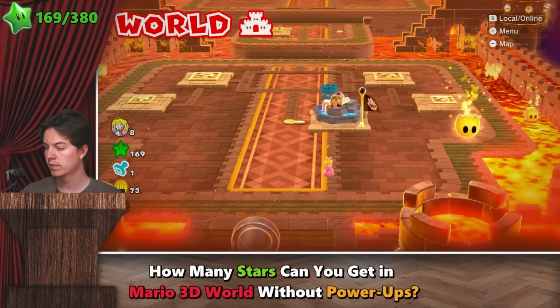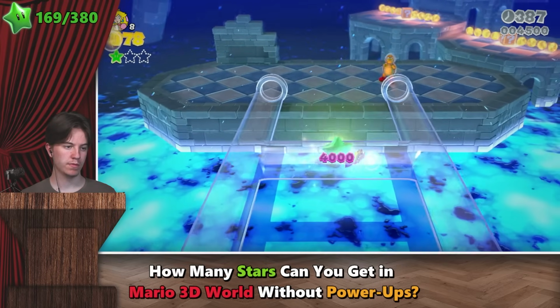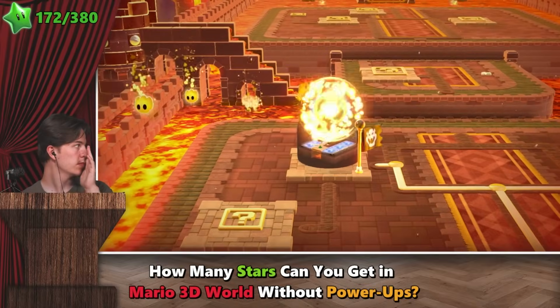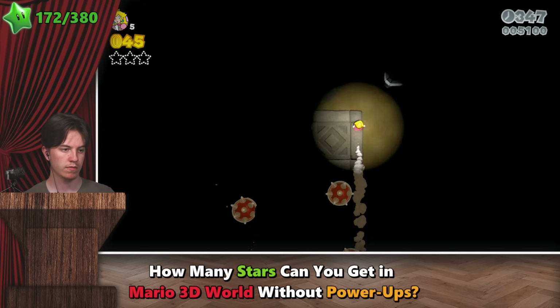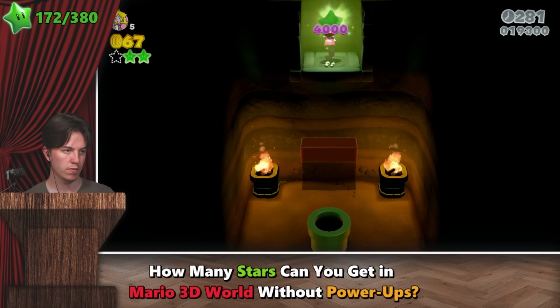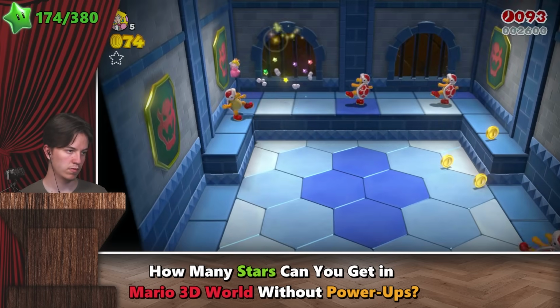World Castle is when the challenge really begins. We get all 3 stars in Fort Fire Bros before entering Switchback Ruins. The 1st star in this level unfortunately requires a fire flower to light each torch, so we get the other 2 stars whilst crying. We then kill some fire bros to let off a little steam, get all 3 stars